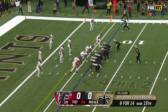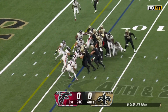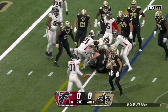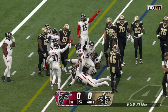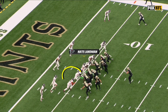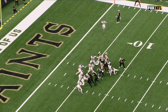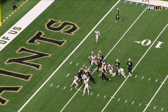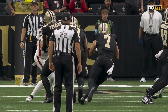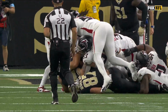Taysom Hill's going to take the snap. Had a couple touchdowns against these Falcons back in September out of this look. Here he comes, left side, lowers the shoulder, not going to get there. Yeah, just watch it. Take a look at number 53, Nate Landman, the linebacker. He's walked up in the A gap, and just watch the job he does, second reaction, folding across. All right, so he takes on the back. Now he sees the play. He unfolds, bang, him and Kaden Elliss, the other linebacker. I just can't tell you, the instincts to understand, you go from an A-gap walked-up linebacker, you feel the down block, and then you...